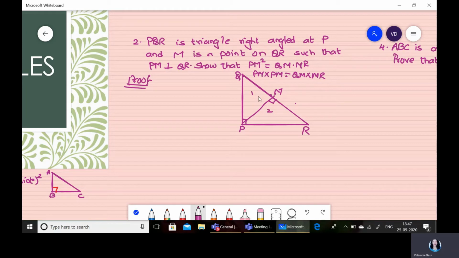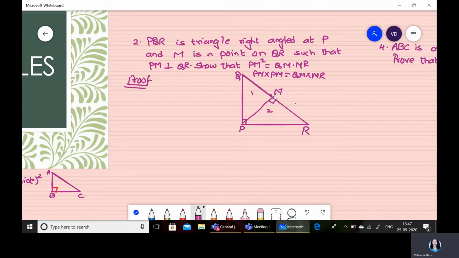So I have to consider triangle 1 and triangle 2 because PM occurs in both triangles. If I take PMQ or RMP or RPM, here PM will occur. So I have to prove similarity between these 2 triangles. Once you can apply, there is one theorem which says that if a perpendicular is drawn from the vertex of